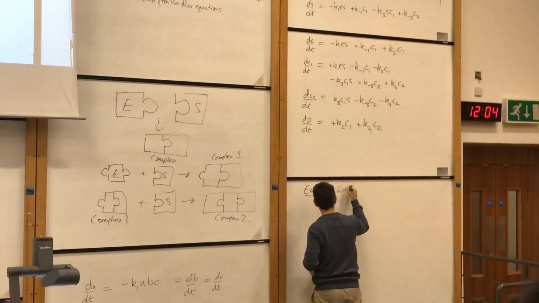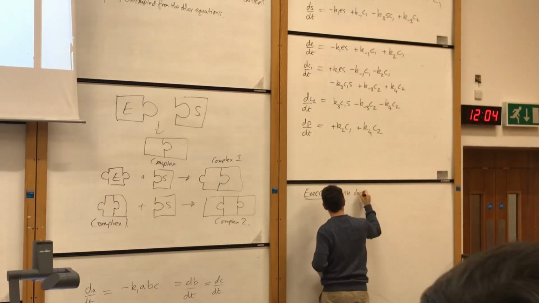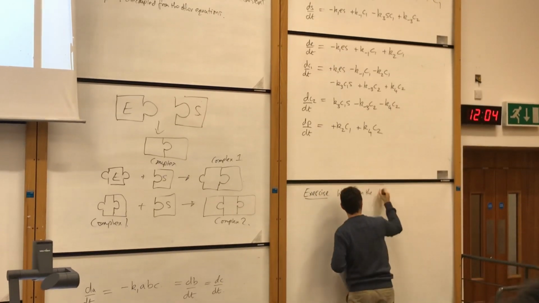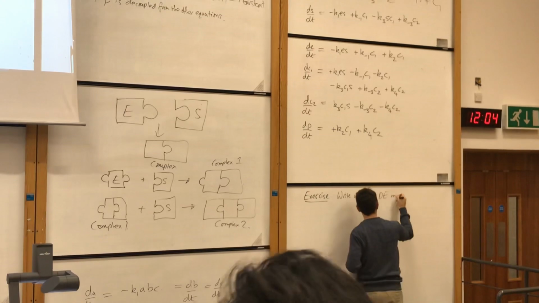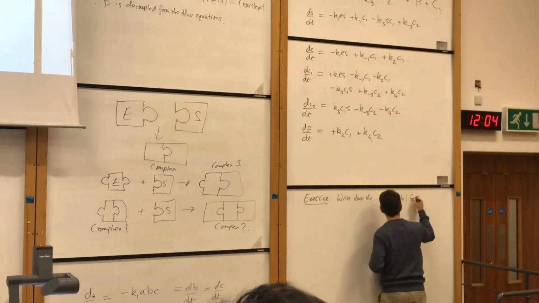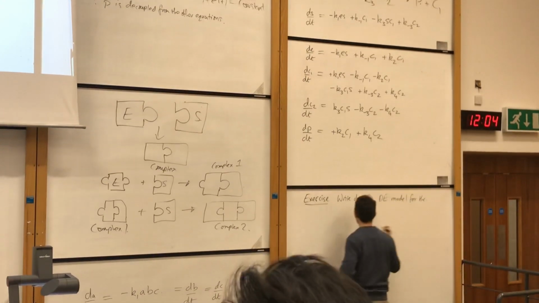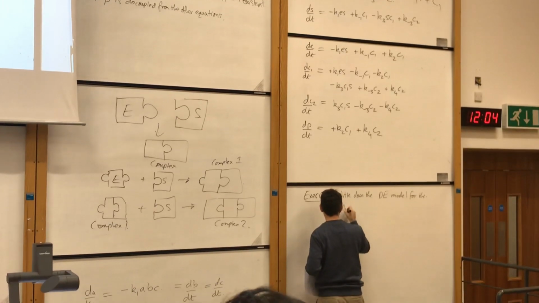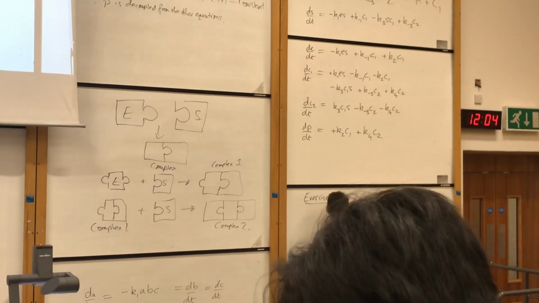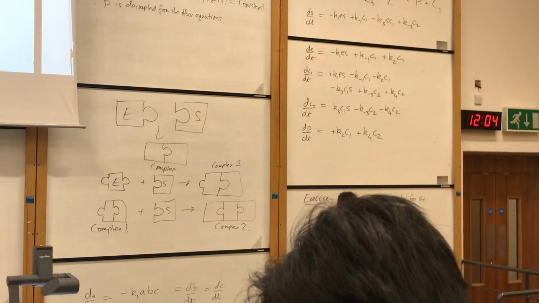Write down the differential equation model for the following trimerization